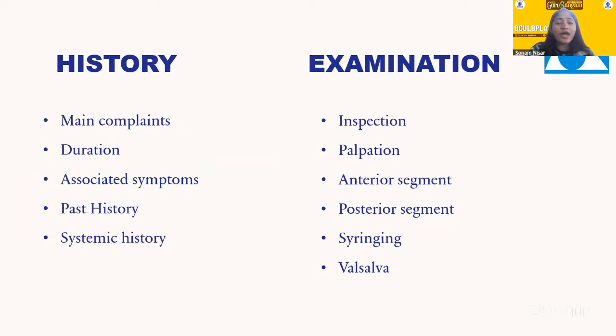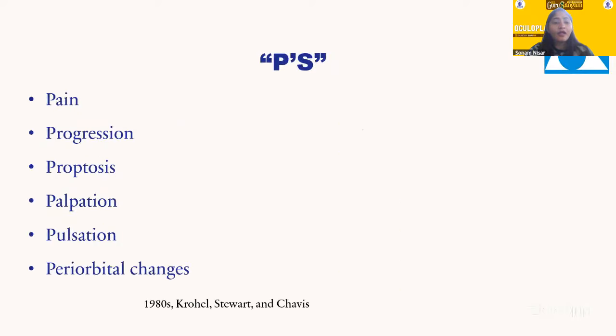differentials. So going back to the history, we have to ask for the history of presenting illness, chief complaints, duration, any associated symptoms, past history of any surgical or any systemic complaints is very, very important in any orbital evaluation. Now, we should remember the 6 P's of orbit, and this has been described by Crowell, Stewart, and Chavez way